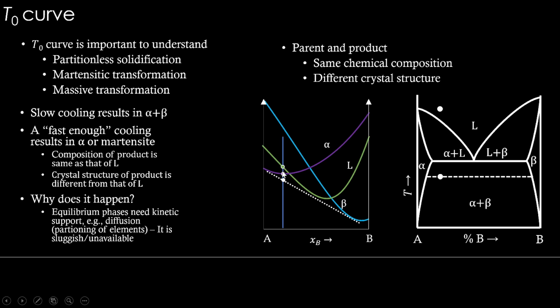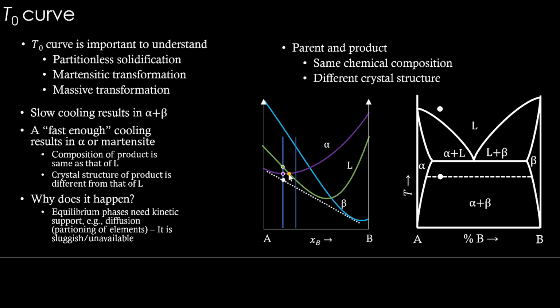So this is partitionless solidification actually, because the composition of the liquid does not change and no long range partitioning of elements happens. The liquid's composition is kind of frozen into the solid. Okay, so this is partitionless solidification, and this can happen in these sorts of scenarios where alpha-beta equilibrium phases cannot form, right? Now think about the T0 point or C0 point here,